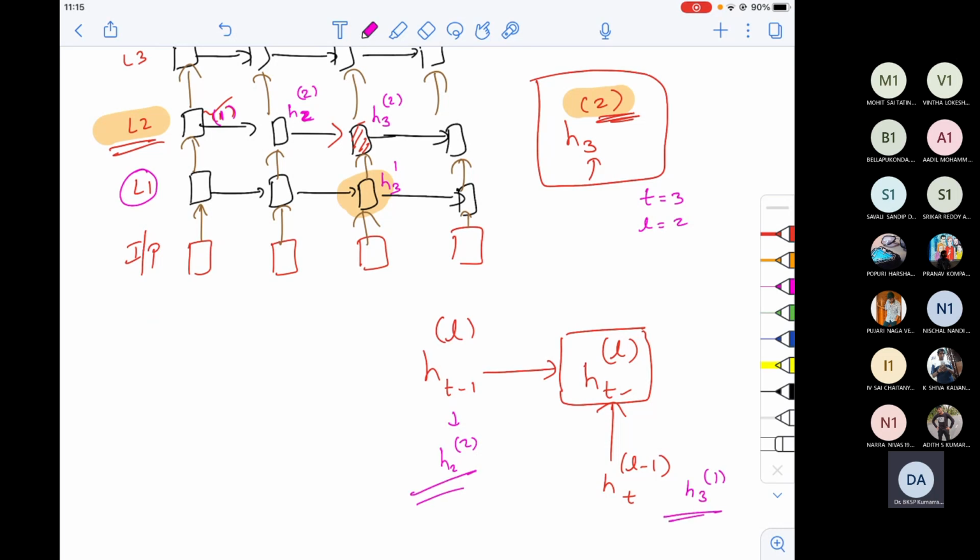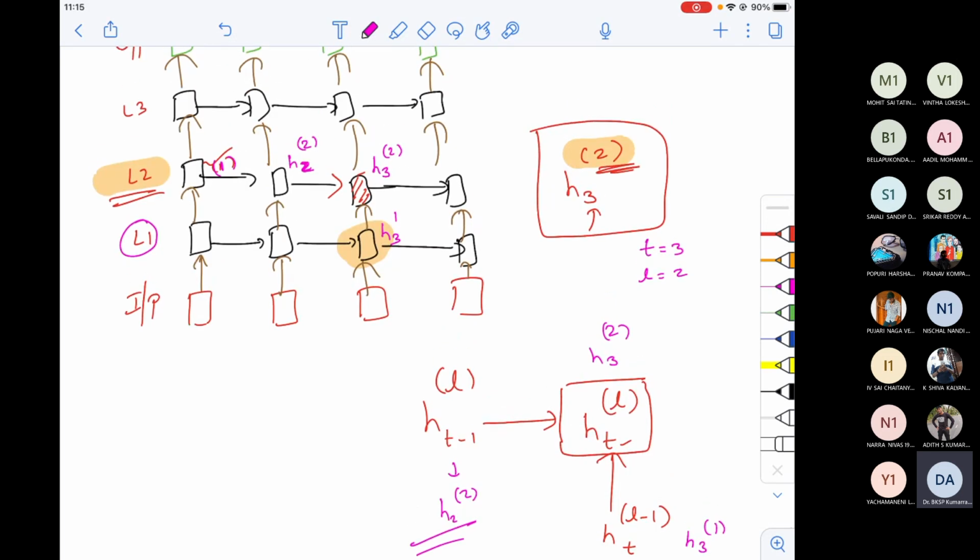one is supplied as input to H3 of 2. See, I'm just putting that in simple terminologies. Even though you don't understand it very well, it's okay, because you can derive this very easily. You can have your own notation. Sir, why did you put layer number in the superscript and the timestamp in the subscript? If you want to change, you can change it. But in most of the deep RNN papers, they just follow this notation.